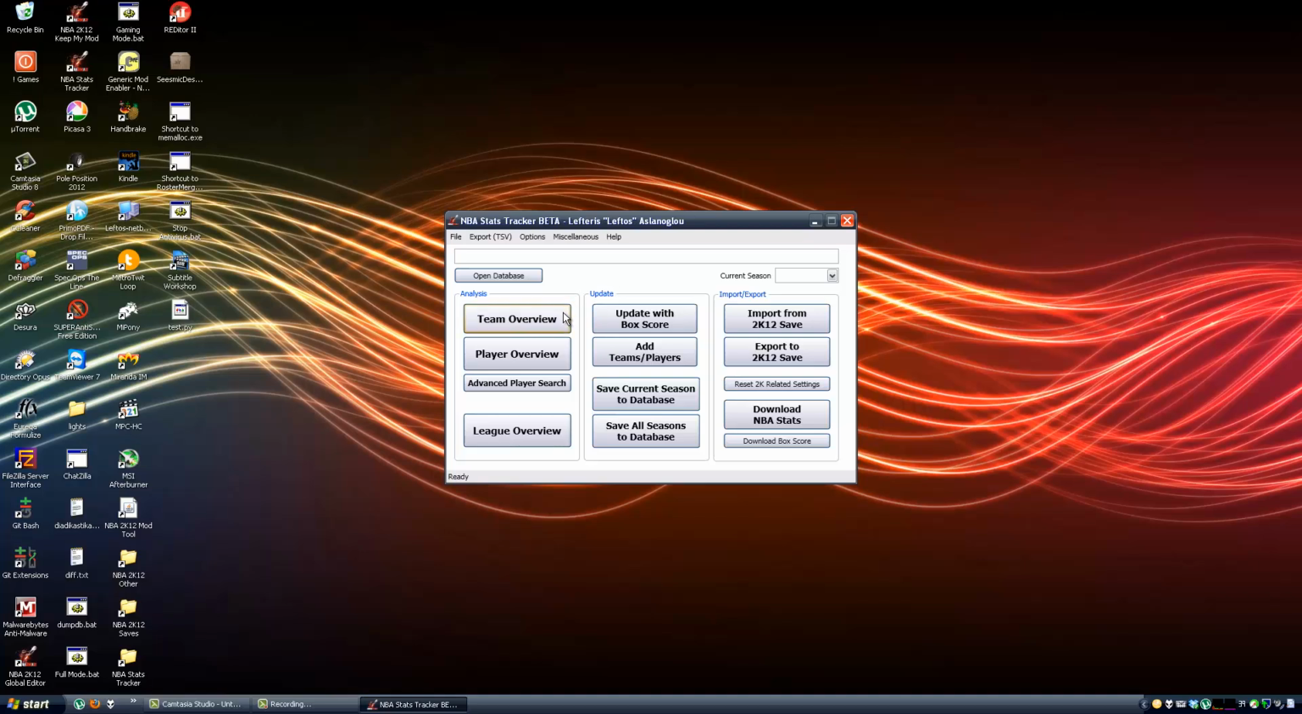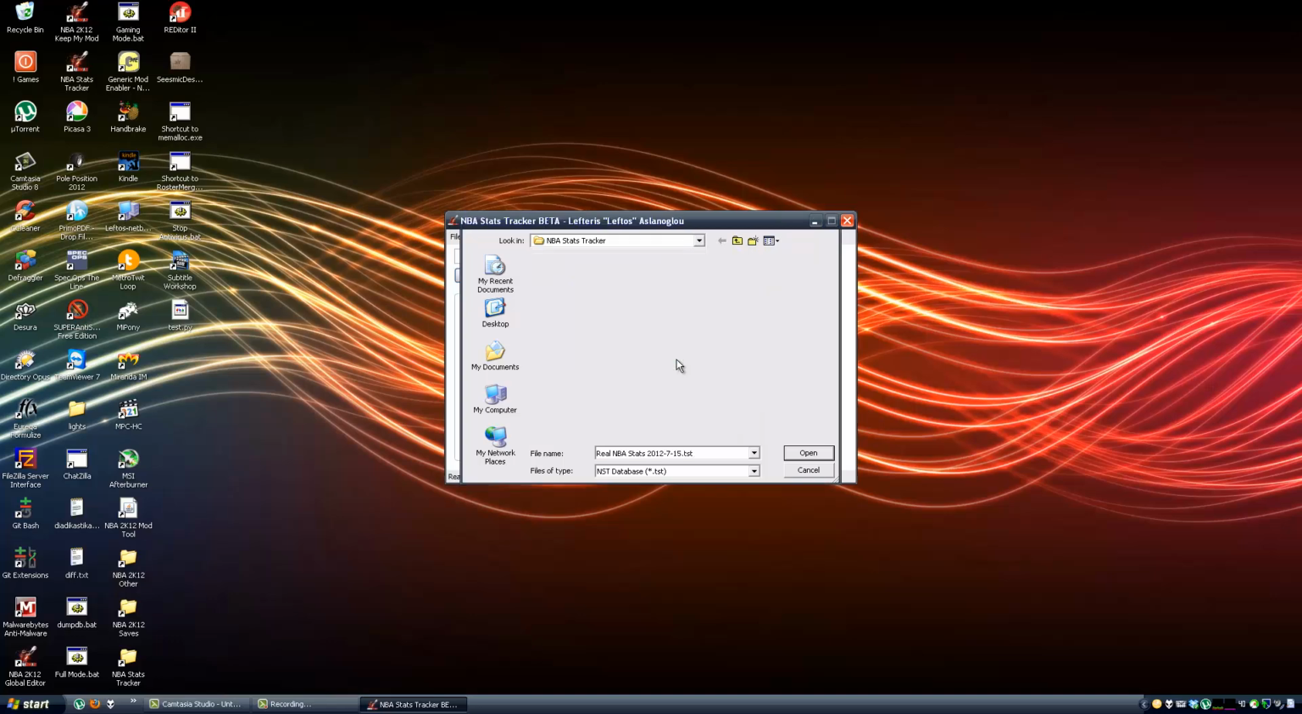You can check teams, players, search for players, check out the whole league at a glance, update the database with box scores, add teams and players if you're beginning a league from scratch, save of course, and you can also import and export from the 2K12 game, and download the real NBA stats and box scores automatically. We could download them now, but let me show you a recent download I have of